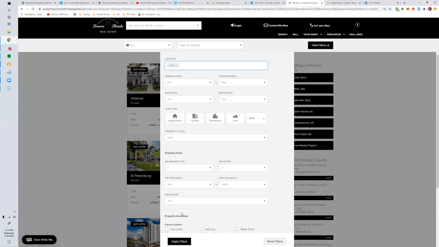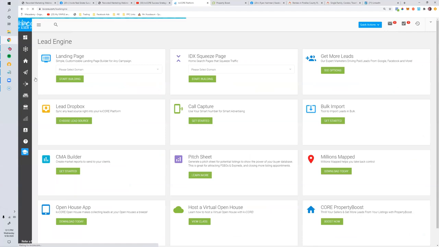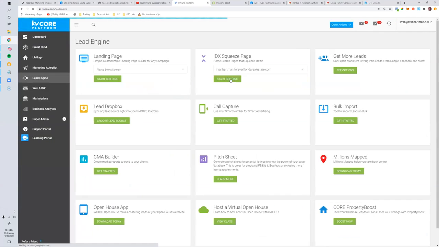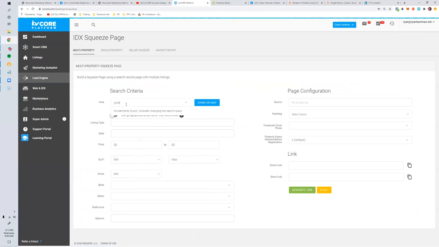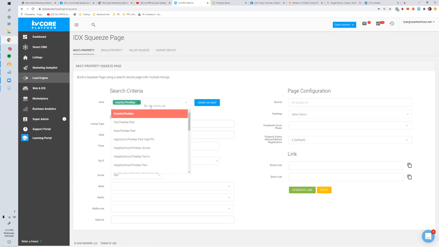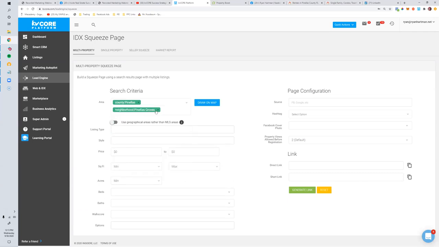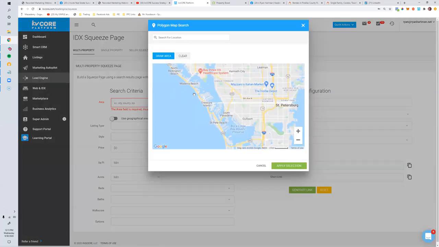The other thing I probably could do is do my search based on the map. For now, if you run into that, to kind of just work around that issue really quickly. Go lead engine, squeeze page. Let me see if I have the same issue here. Yeah, the issue is not in the builder, but on the front end of the site. I'll bring that up because it seems like it's blocking the ability to do multiple areas.